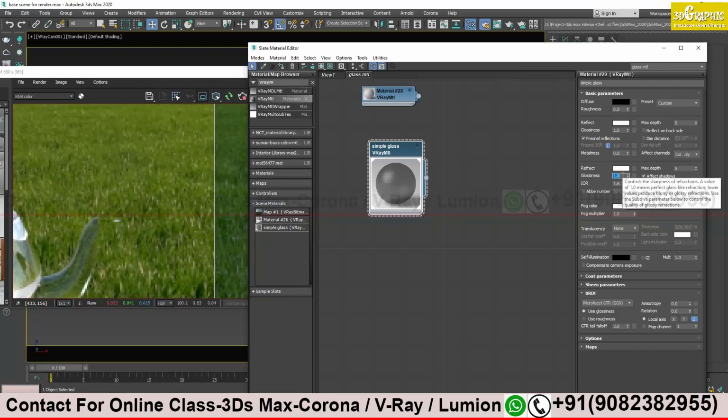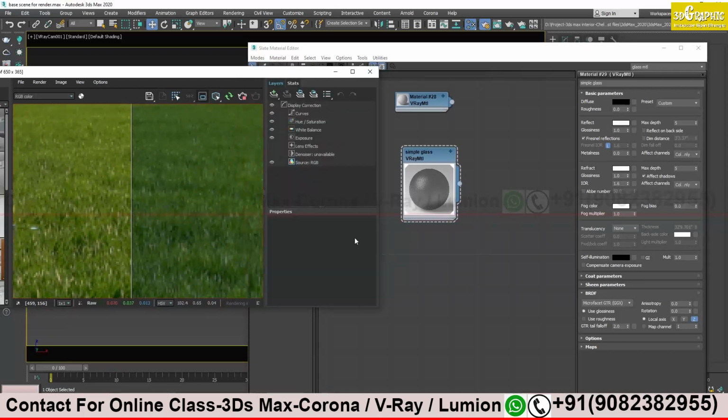Any question? Anything till now? No problem, sir. Now can we give noise to that glass material? Yes, of course we have noise. Anytime you can give noise, whether in reflection or in the refraction value. But you want to give noise to make the glass surface a little smooth.